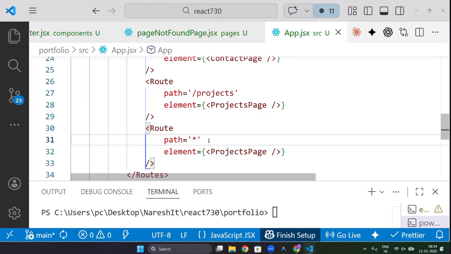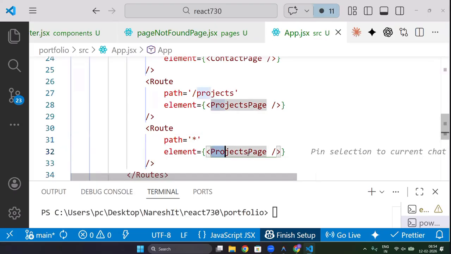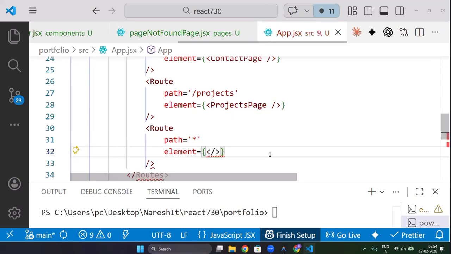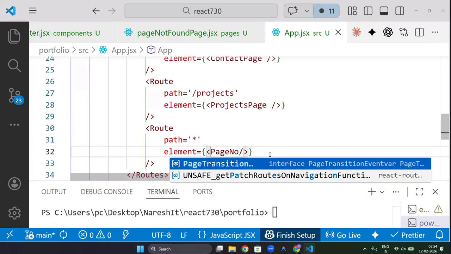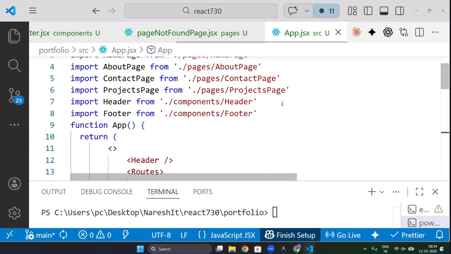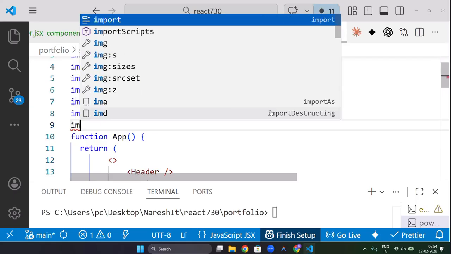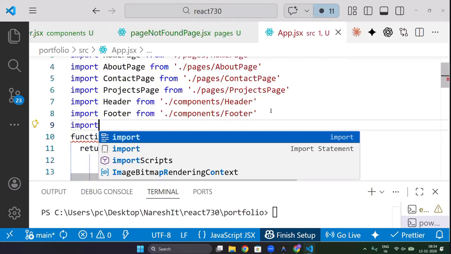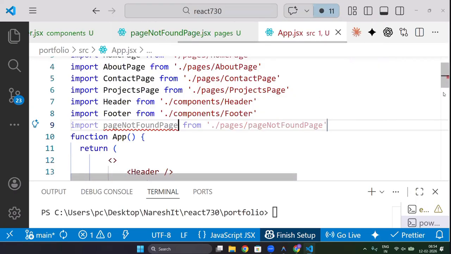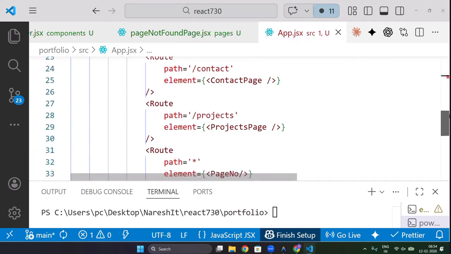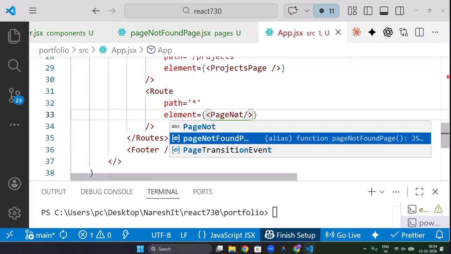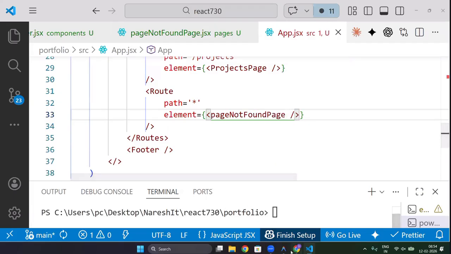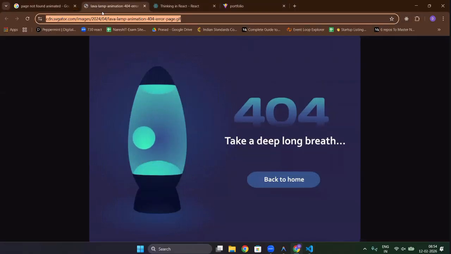That's why you give it last. If it is not matching with anything else, then it will come here. Page not found. Yes, first we have to import it. Sometimes automatic import will work, sometimes it won't work. I don't know why. Maybe some extension is stopping it. Not found page. Now if I go to my website, sir,